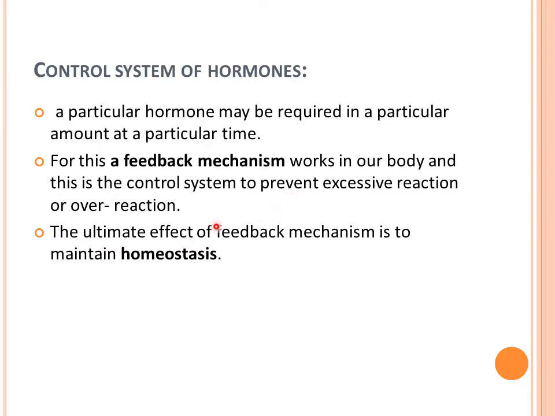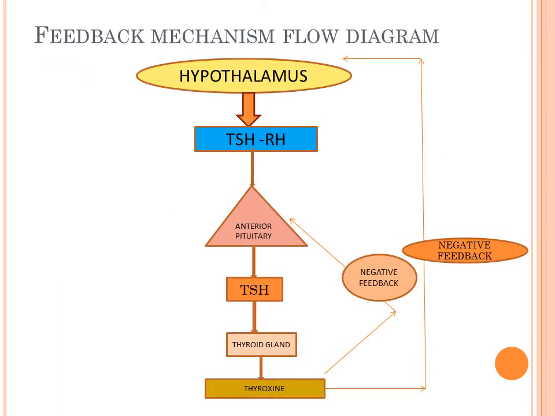So let us see what example we have in this part to explain the feedback mechanism of hormones. In this slide we can see we have taken an example of the hypothalamus. The hypothalamus is releasing thyroid stimulating hormone releasing hormone. So this RH is the releasing hormone. This releasing hormone for thyroid stimulating hormone in turn activates the anterior pituitary gland to release the thyroid stimulating hormone. Please do follow my pointer or else you'll not get it.